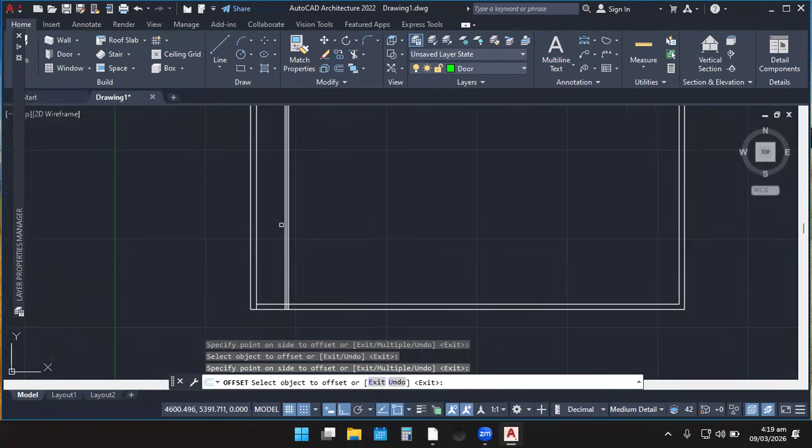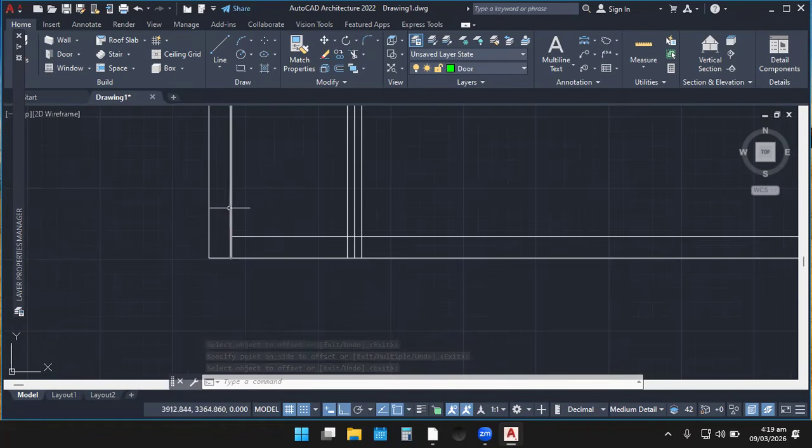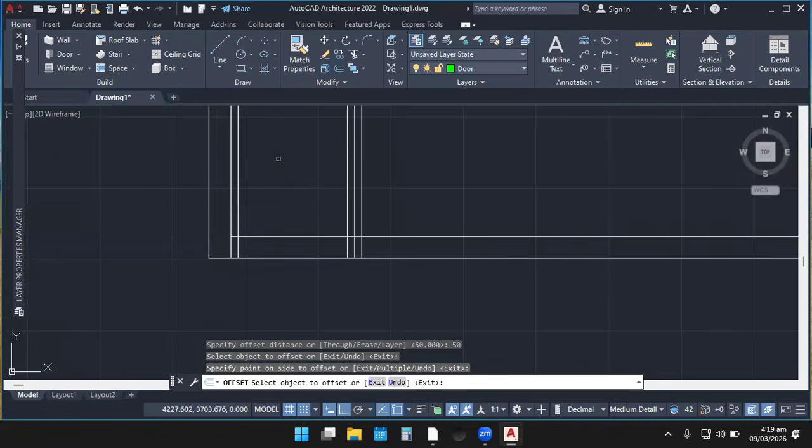So because it's the door we are doing, let's actually bring our main focus over. So I'm going to zoom here. Then I'm going to release the offset, and then I'm going to pick, let me say, the one frame is also going to be here, okay? So let's pick offset and bring another frame over here. So this is 50. So I'm offsetting 50, and I do the same thing over here too.